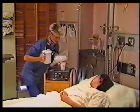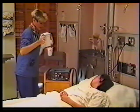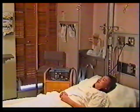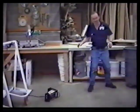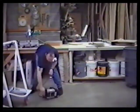To reduce the chance for electrical shock on a piece of equipment, it's important not to place anything liquid or damp on top of or inside of a piece of equipment. Water is an excellent conductor of electricity and can cause short circuits inside the piece of equipment. If a piece of equipment is dropped, it should be immediately removed from service, an out-of-order tag put on it, and contact clinical engineering. Even though you can't see a problem with the equipment, it doesn't look like it's damaged,